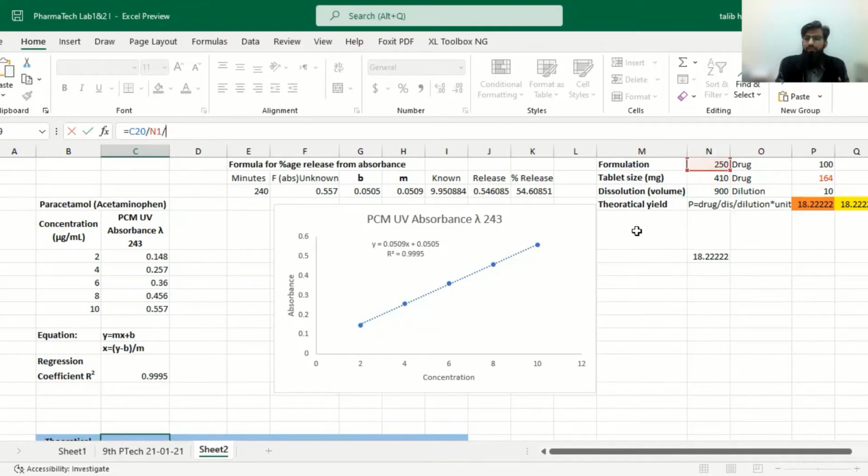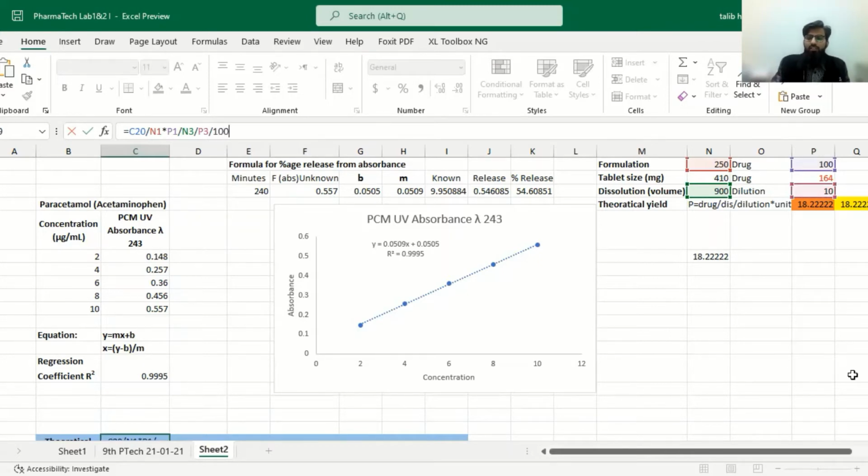same formula, multiplied by the amount of drug which is present in the 250 mg of formula divided by the volume of dissolution, and then again divided by the dilution factor, because each sample will be diluted 10 times, and then it will come in milligram concentration.